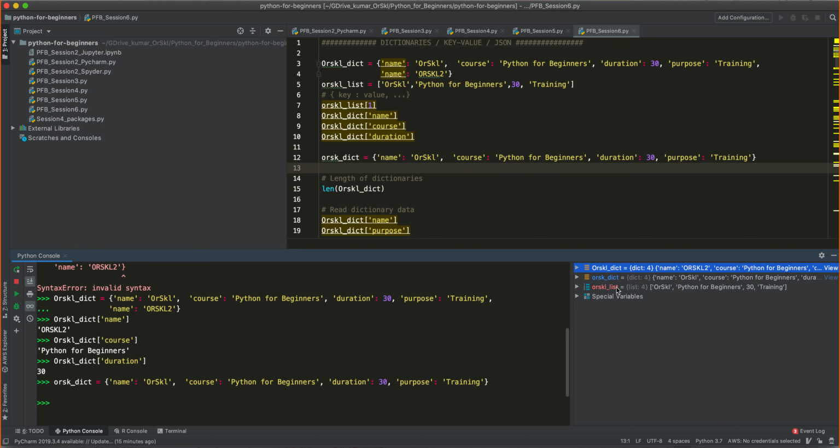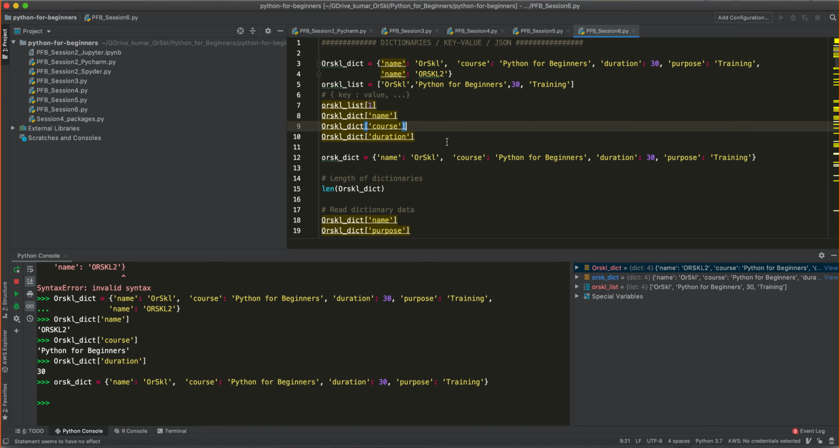Now you see there are two variables, with the uppercase O and lowercase o. Okay, this is another important thing. Now we know how to create a dict and how to access the elements of the dict. We also know that the position of elements inside the dict doesn't matter at all, but the position of elements inside the list matters, because the position is directly related to the index.